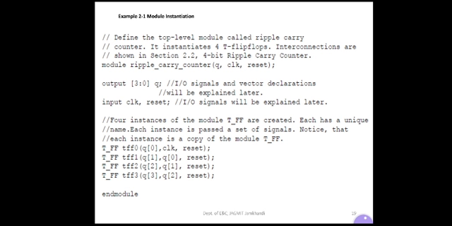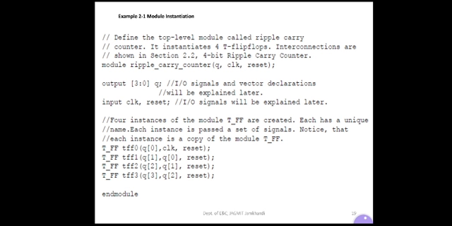Don't worry about the program here, just try to understand the object. The first 3 lines are comment lines, preceded with the double backslash. Define the top level module called ripple carry counter. In the previous class we discussed the ripple carry counter.